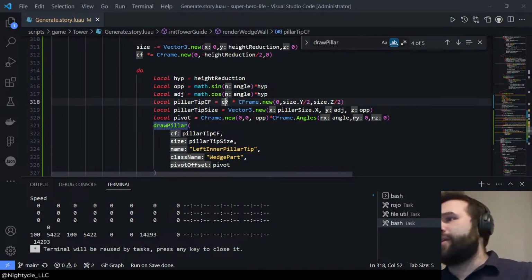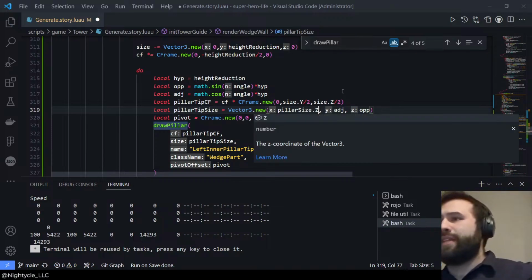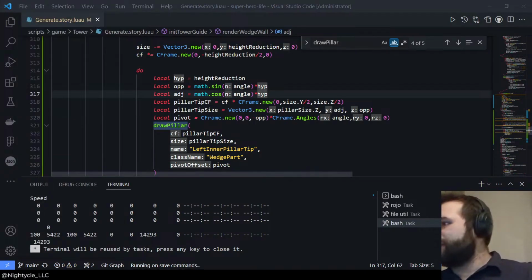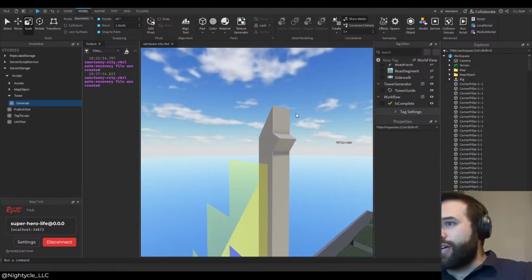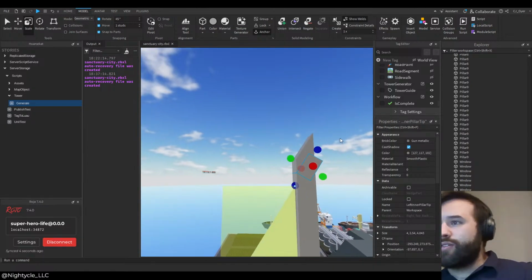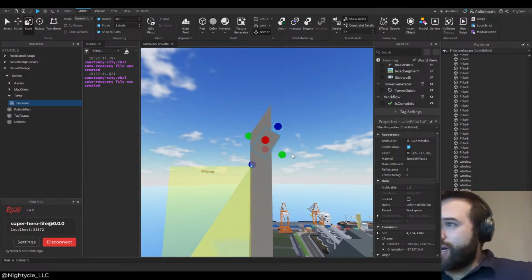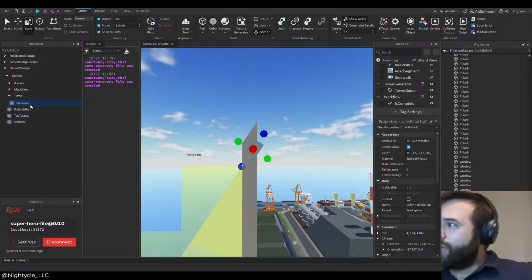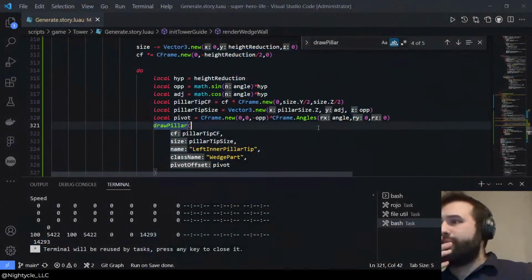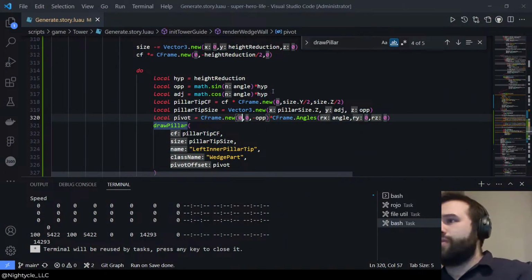Oh, I know what's happening. It's because the size should be the Z axis. There, okay, so that's it. So now we almost got it. We also need to offset it by the depth. So then that would be the,